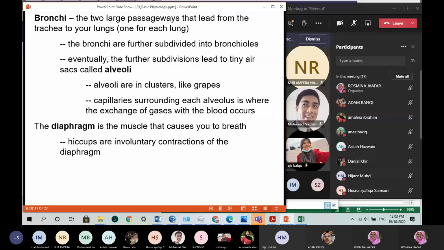So when you have a compact volume, it has very high pressure inside, so air is pushed out. When your diaphragm contracts, it becomes flattened because the dome shape is relaxed. When it contracts, it becomes flat. When it is flat, it moves lower. That makes the volume in the thorax above the diaphragm become enlarged.